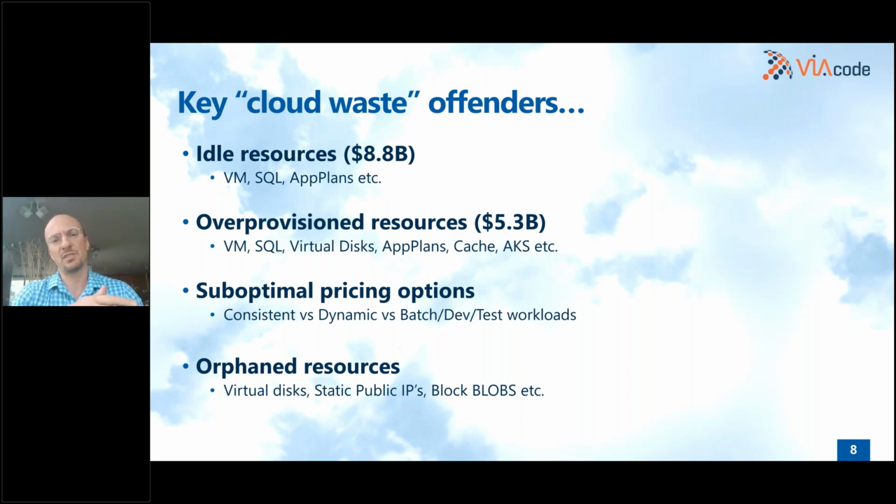And we see a lot of companies that when they moved from on-prem into the cloud did a lift and shift, literally one-to-one. So if they had a 16-core box on-prem, they created a 16-core in the cloud and utilize under 6% of that CPU. So that waste represents approximately $8.3 billion.